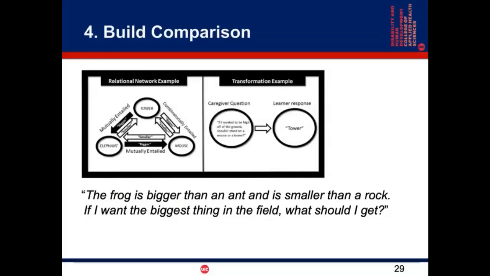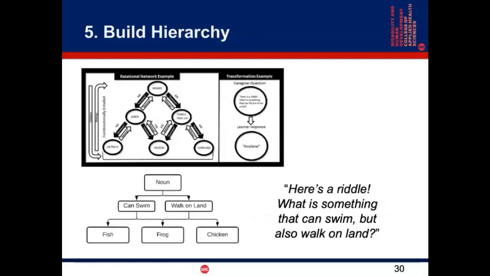And again, comparison doesn't have to be big and small, right? It doesn't get restrained by physical properties. It can be which one is the best, which one's the worst, which one is your favorite, and which one's your least favorite, etc. So all these types of ways of relating different stimuli together and then asking the child to derive or come up with new relations based on previously taught relationships is the added benefit of contriving our teaching this way, so that we can promote or facilitate the derivation of these relationships. Next slide, please. And we can also build hierarchy.